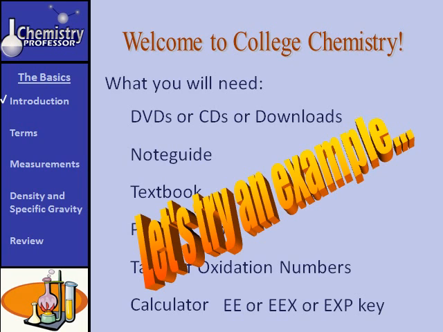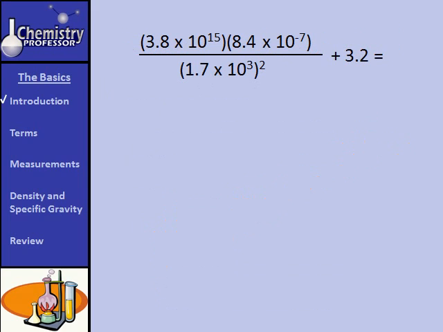Here, let's try a sample problem. Now, if you already know how to use your calculator thoroughly, you might want to skip over this. However, there might be something there. Consider this problem. 3.8 times 10 to the 15th times 8.4 times 10 to the negative 7th, quantity divided by 1.7 times 10 to the third, quantity squared, plus 3.2. I'm going to show you how to input that into a typical algebraic calculator. If your calculator uses RPN, reverse Polish notation,